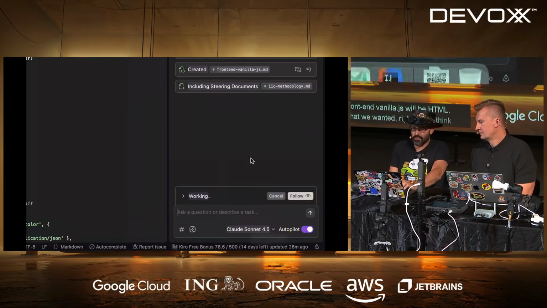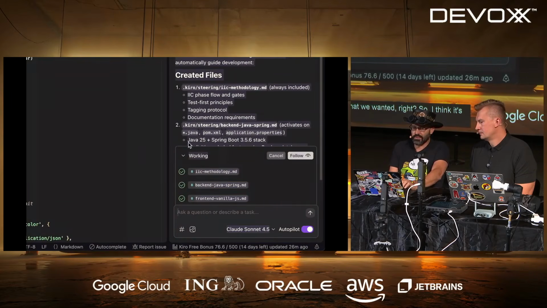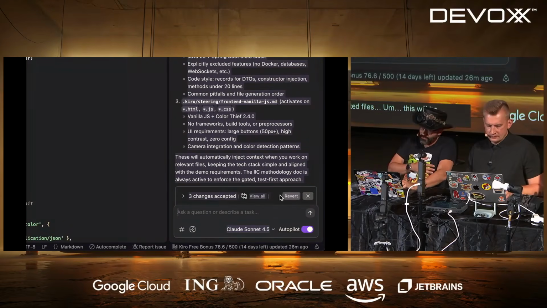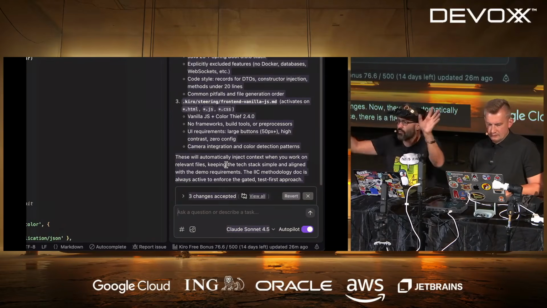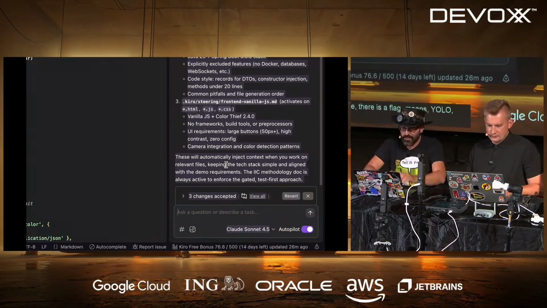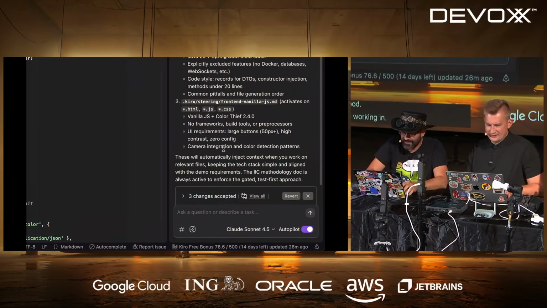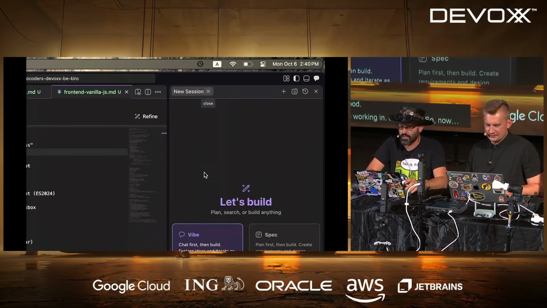So I think it's done, almost done. Here, created files. This will be okay, done. Okay, perfect. Accept all changes. Now they're automatically accepted because you live only once. There is a flag, meaning YOLO, go for it, accept all the changes, we're good. Obviously that's the mode that we're working in. Okay, so now I will do a new session.